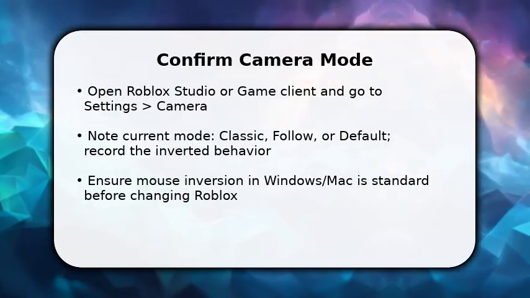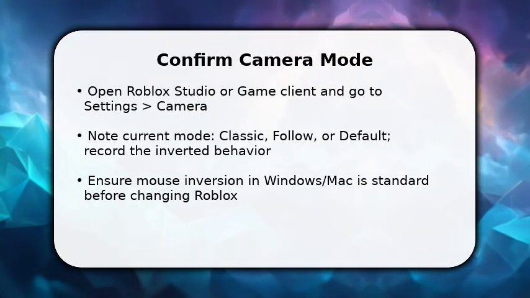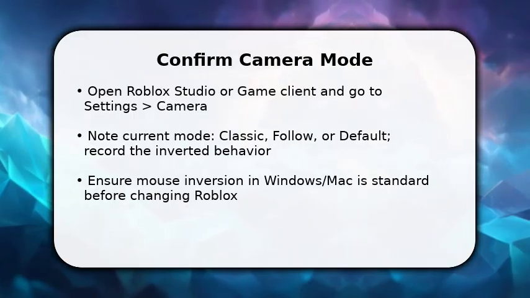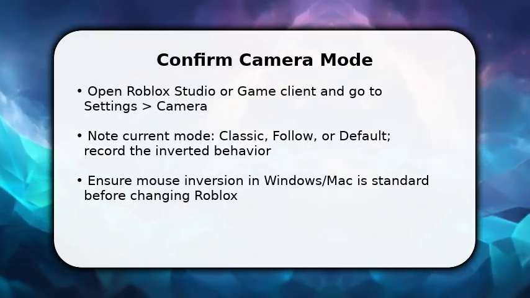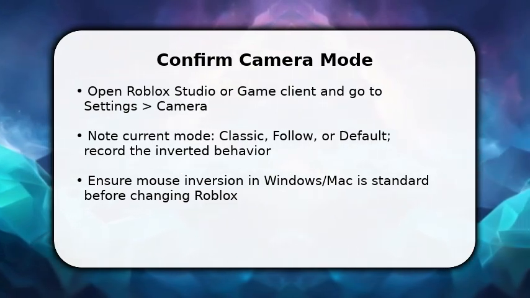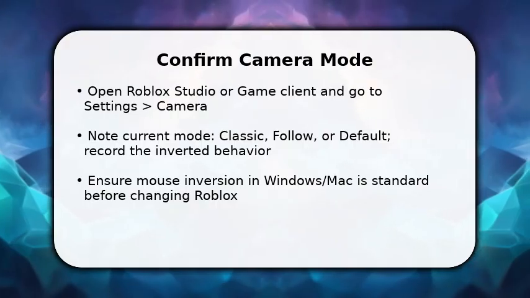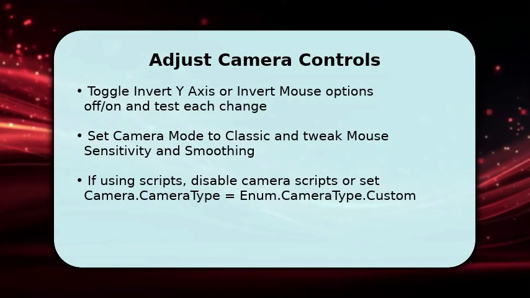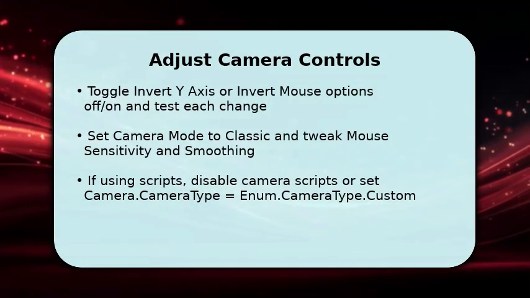Once done, relaunch the game to see immediate changes, because testing now prevents chasing the wrong fix later and saves time. Now you'll make targeted changes inside Roblox to stop inversion. You should toggle any invert Y-axis or invert mouse switches and test movement after each flip, so you isolate which